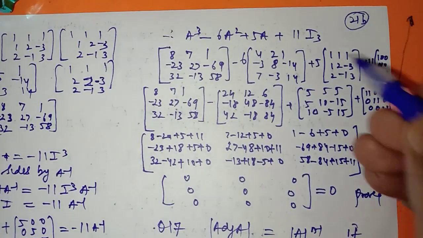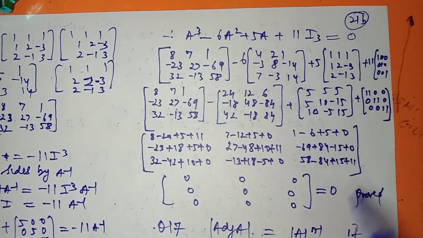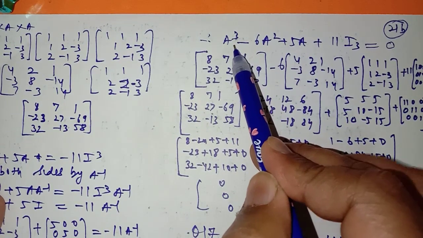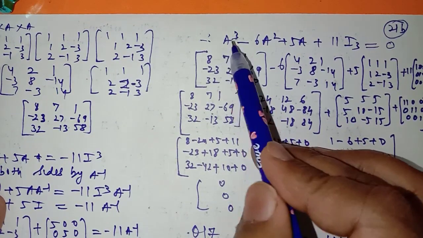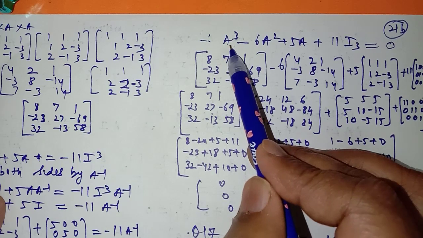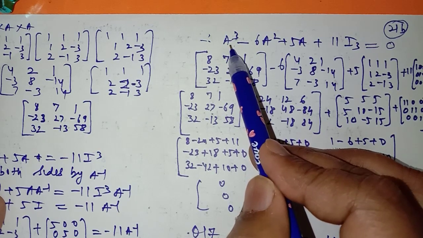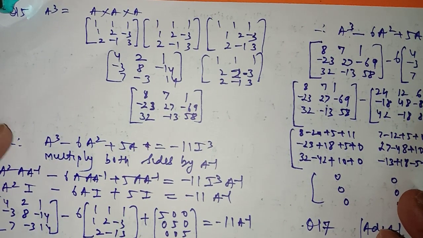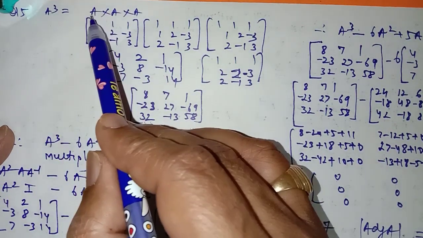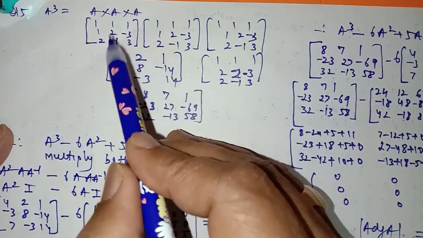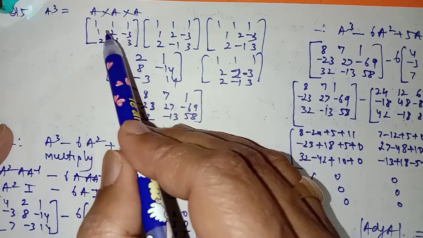आपको 0 के equal करना है this. In the last question we only had A square. Now here, in the last question यहाँ पर A square था, now we have A cube. So it means you have to first of all find A cube. So again the calculation part becomes big here also. Now see it very carefully, A cube is A into A square, not A cubed element-wise. So first of all multiply A with A, this into this.